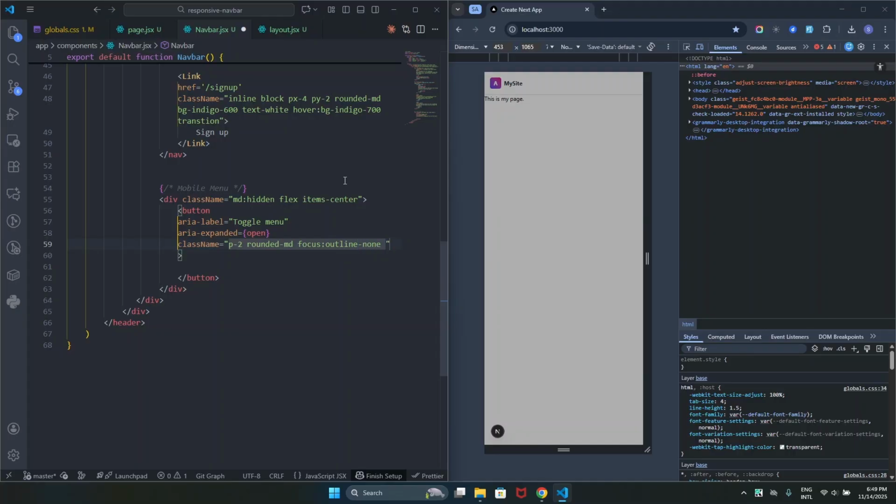So for focus, the outline will be none, but on focus it will have ring 2, and on focus the ring color will be ring indigo, and it will be 500. Okay, and